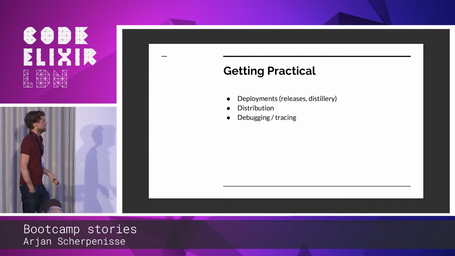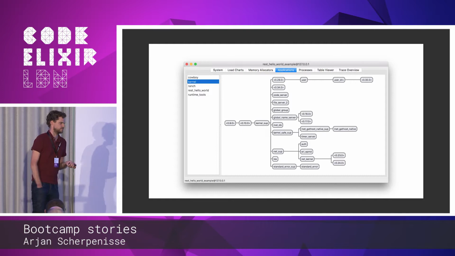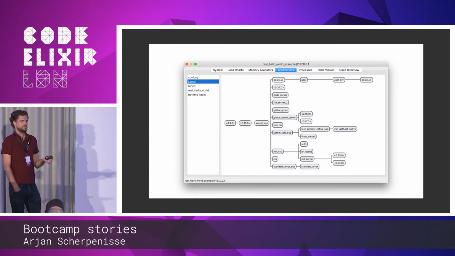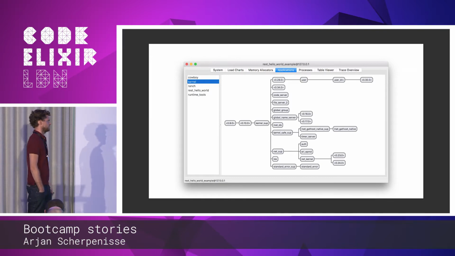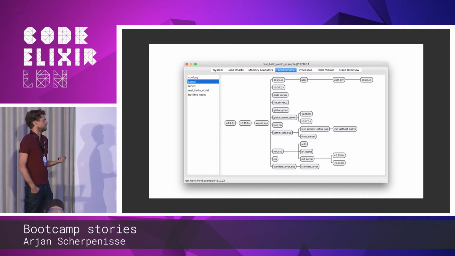And then lastly, we introduce them to trace. Actually, we already showed the observer earlier, but still, having something like the observer in a language is really fantastic. And that's also what the responses of the participants are. You can gather so much by just looking at this. For instance,